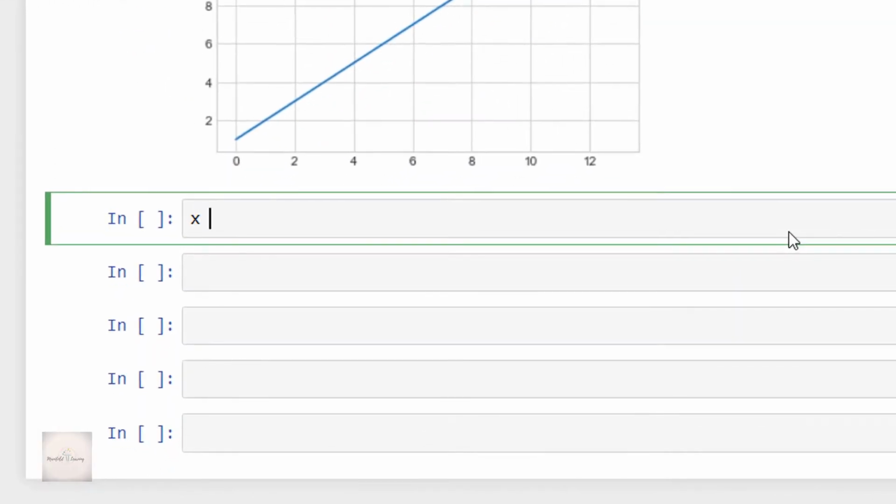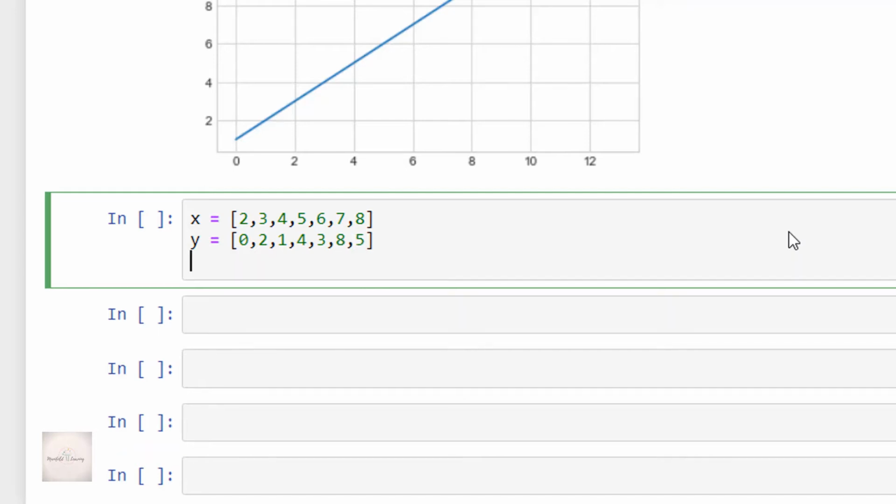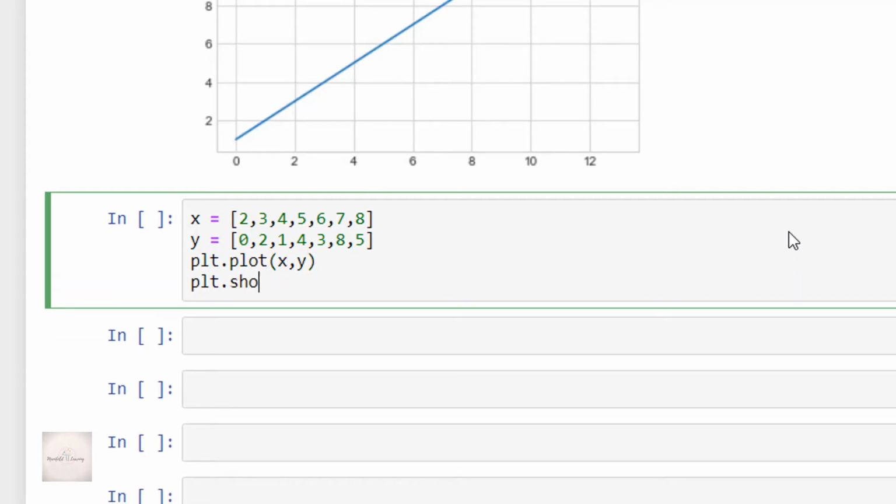That is x is equal to 2, 3, 4, 5, 6, 7 and 8, and then y is equal to 0, 2, 1, 4, 3, 8 and 5. Then plt.plot of x, y. Then plt.show.